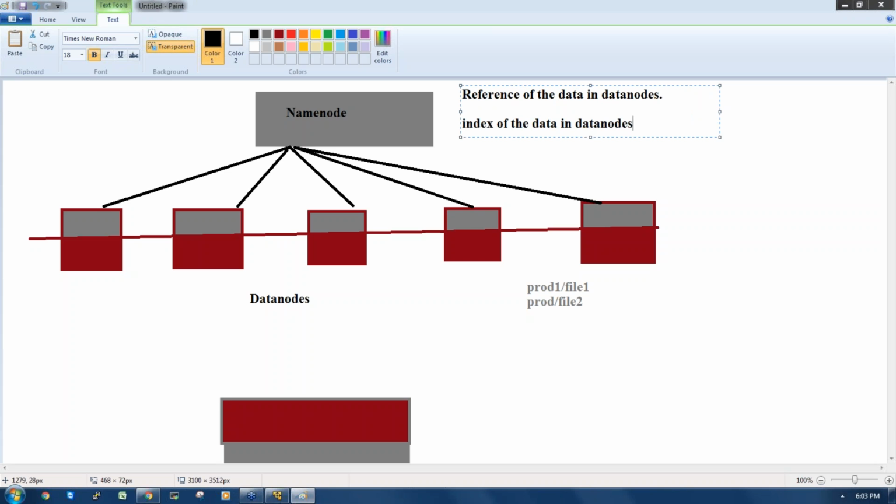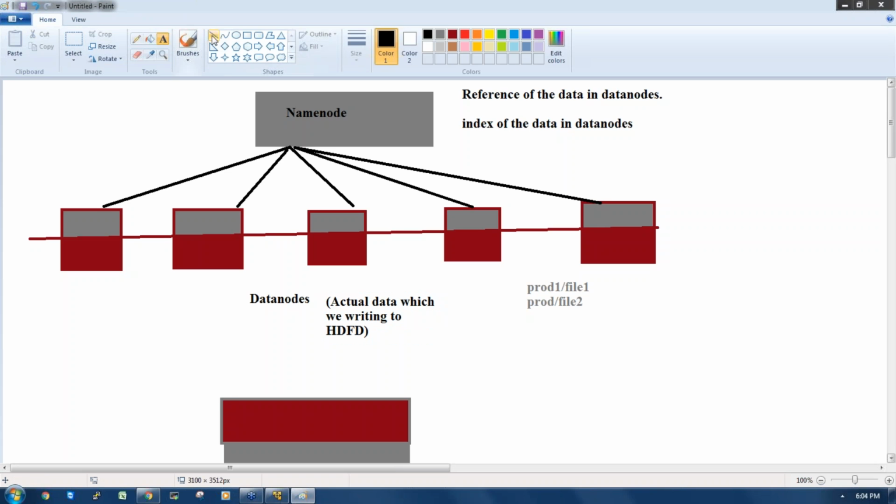The index of whatever data you write is stored in the name node. The data nodes contain the actual data which we write to the Hadoop cluster, that is, to HDFS. So in the Hadoop cluster, this part is the master and these are the slaves.